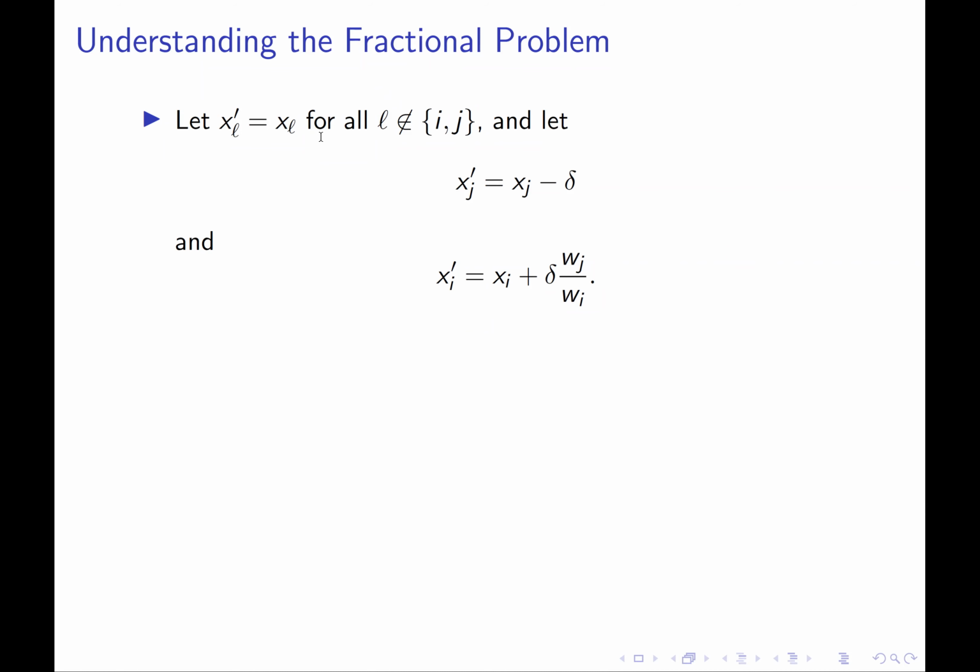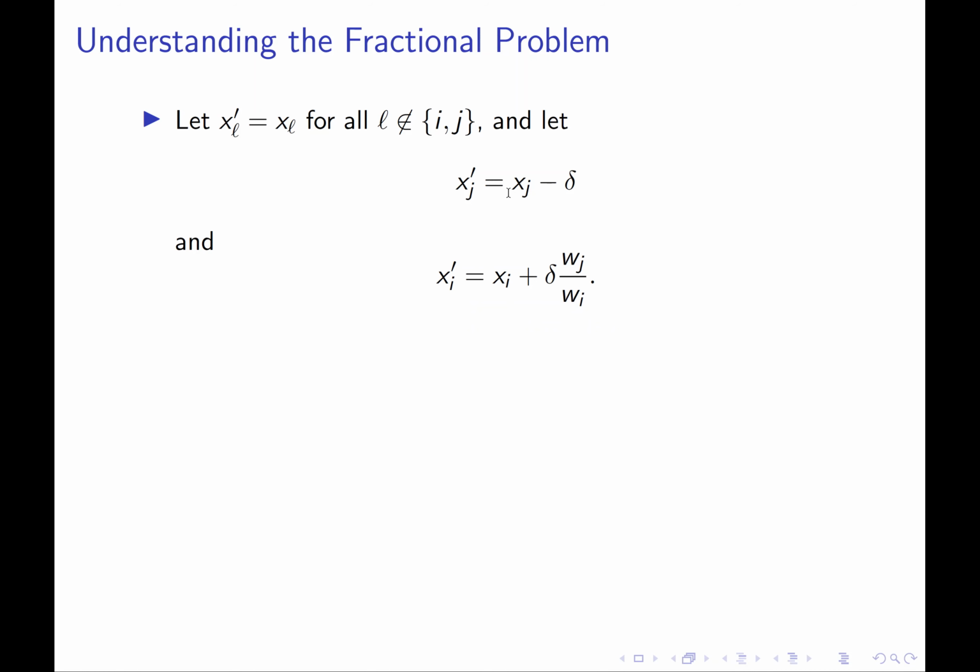Because for every infinitesimal unit of good that I give to bidder i, I get more welfare than for the same infinitesimal unit of good that I give to bidder j, because somehow the value density of bidder i is higher. And so here's how we're going to do it specifically.